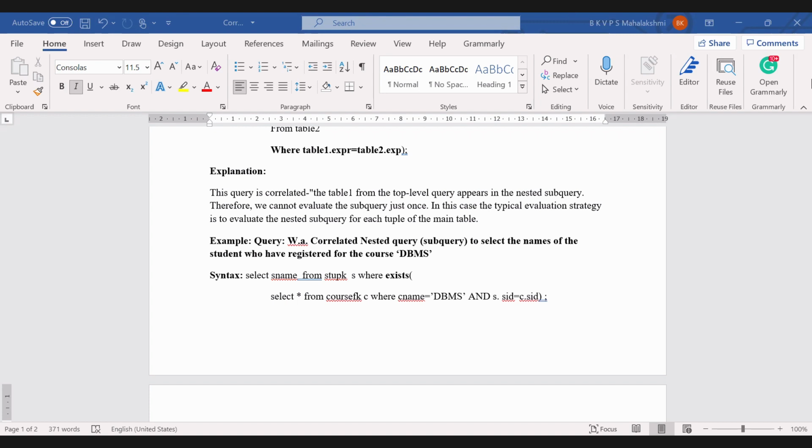This is, I can say, the advanced topic of nested subqueries. Or we can say it's a part of the nested subqueries. What will happen here is